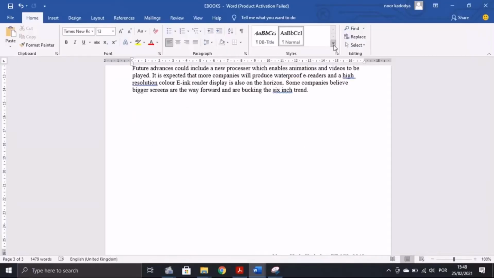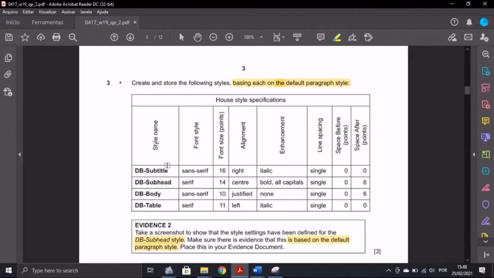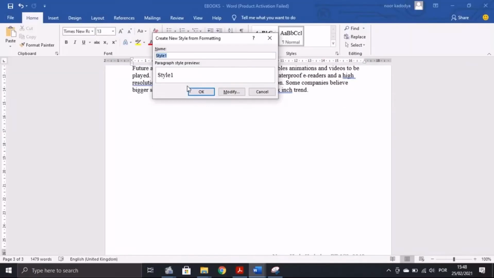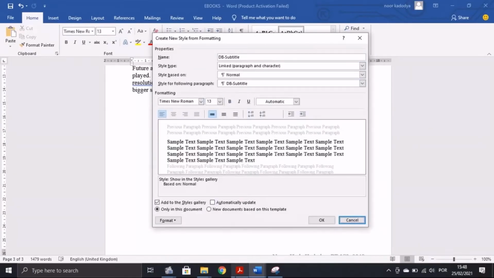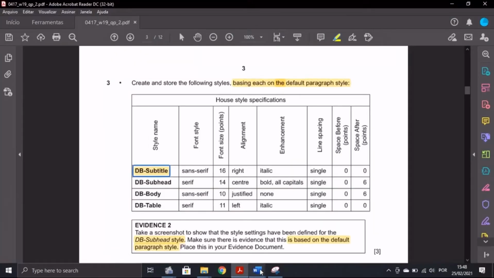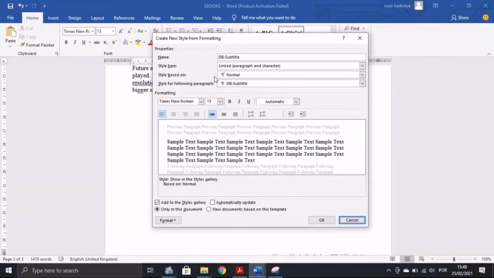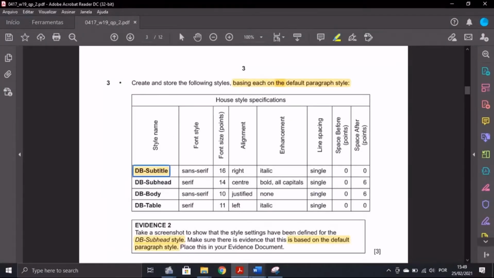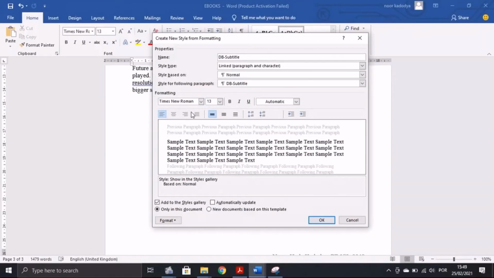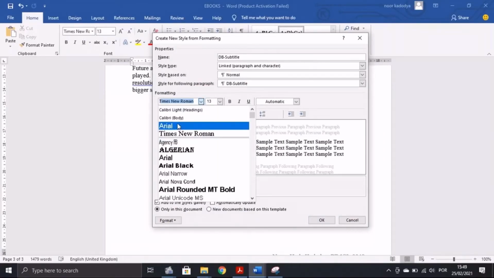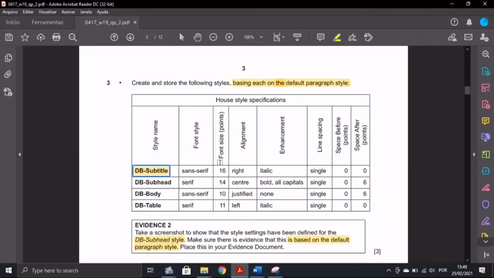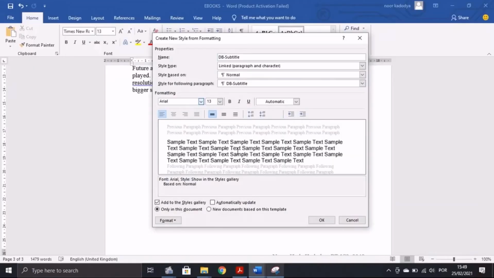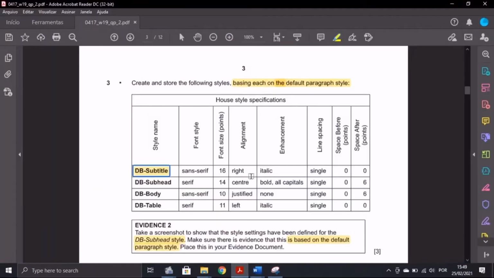I will click this arrow, create a style, and I will name this style DB subtitle. And I will modify the style, and they say that the style should be based on the default paragraph style. So based on normal, it should be sans serif without strokes. So I will choose Arial, which does not have strokes. 16 of size, I will increase this to 16. It should be right aligned,